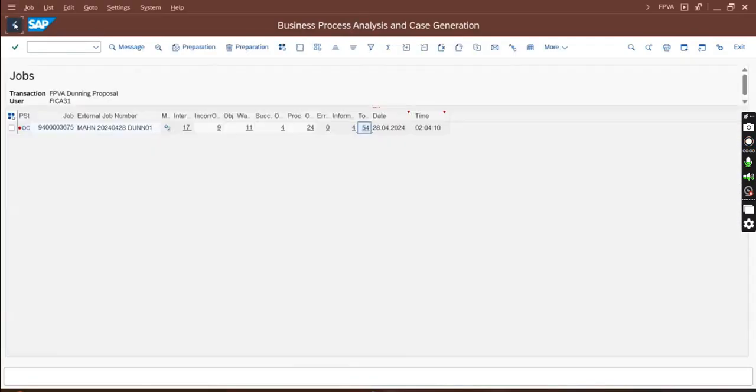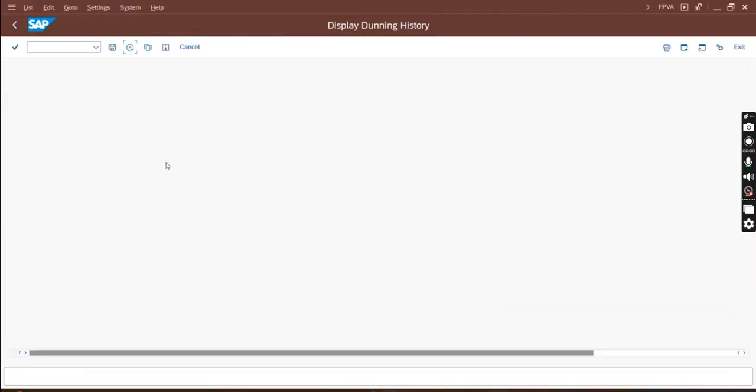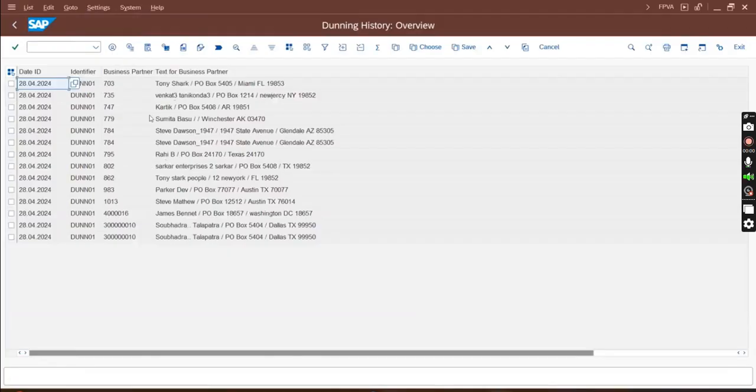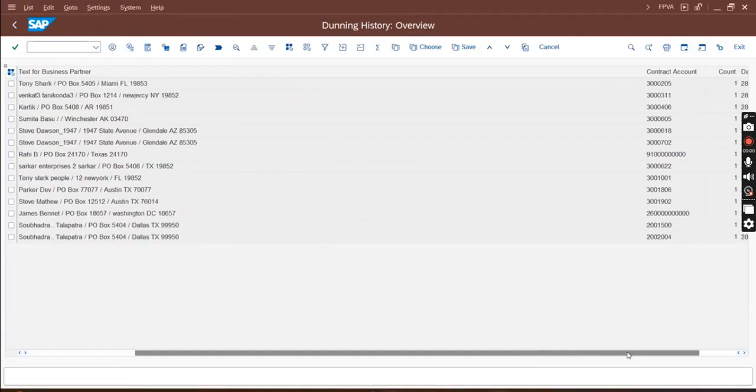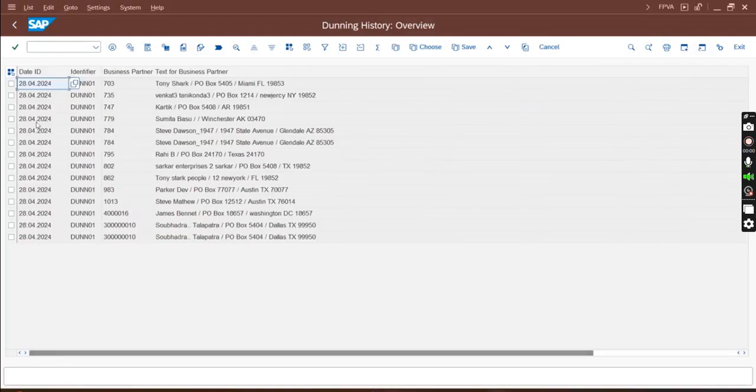Was it able to run any dunning? Let's see Environment, Dunning History. Oh, it has done a few items. Which company code did it do this for? Okay, for all company codes it has been done, in this identifier, this many.